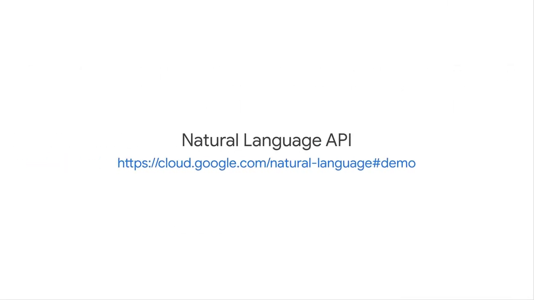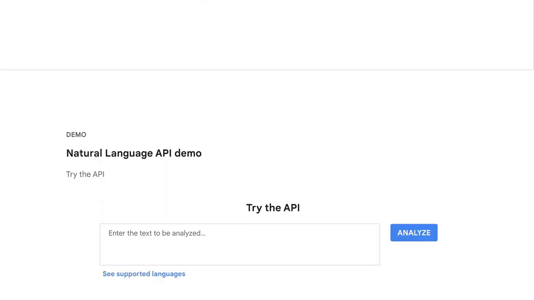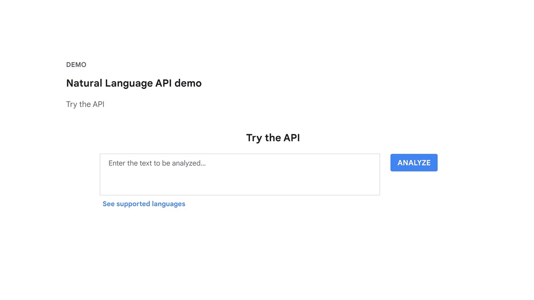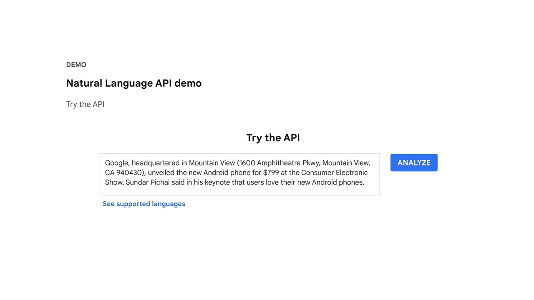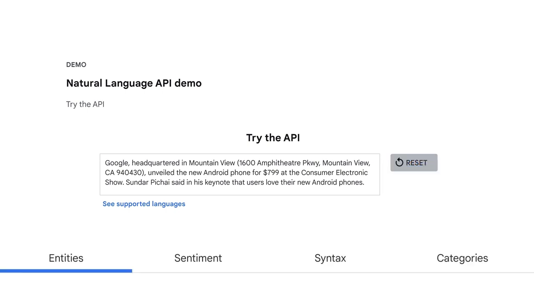Let's try out the Natural Language API in a browser. Scroll down to try the API by uploading a paragraph of text, which can be in over 10 different languages, including Chinese, English, and Spanish. Feel free to view the full list by clicking See Supported Languages. For example, if you use the sample paragraph about Google and click Analyze, you find 4 types of analysis: entity,